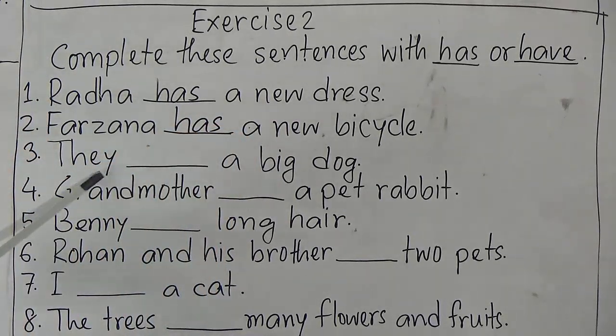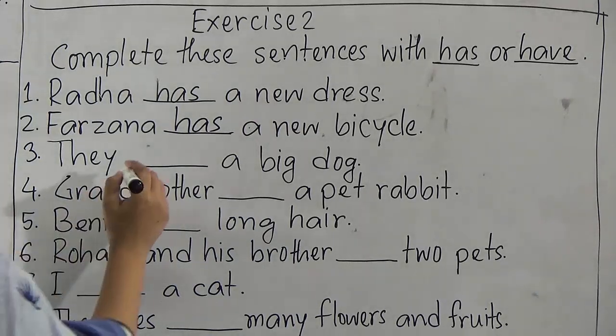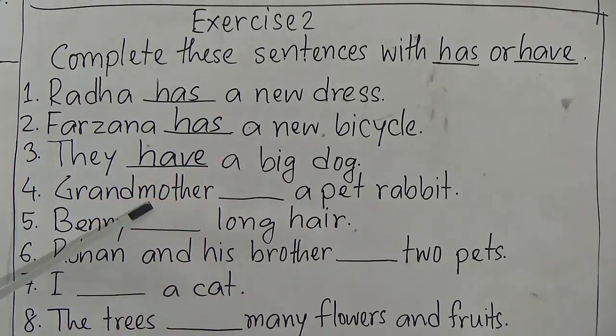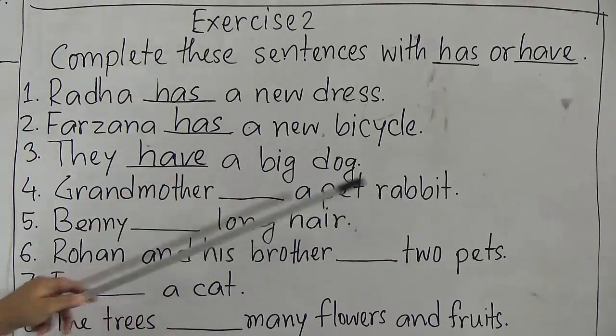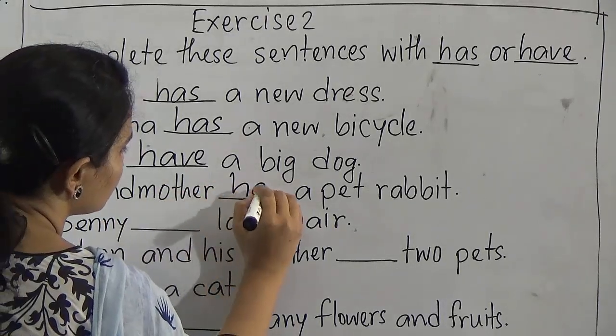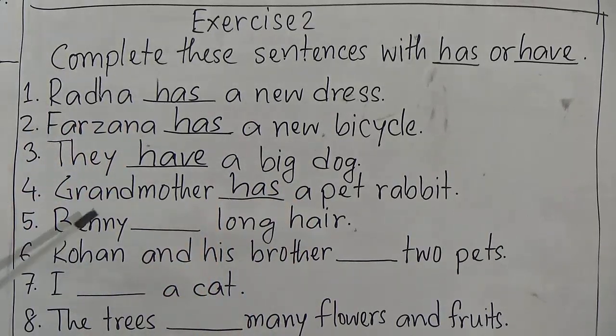Now number 3, they dash a big dog. Now they, that means more than one person. So what will you write here? Have. They have. Number 4, grandmother dash a pet rabbit. Grandmother, that means only one person. So we will write here has. Now Benny dash long hair. Benny is also one person. So we will write here